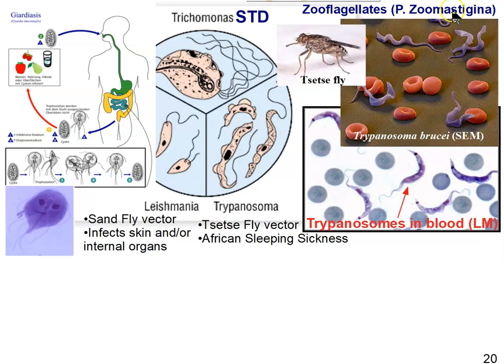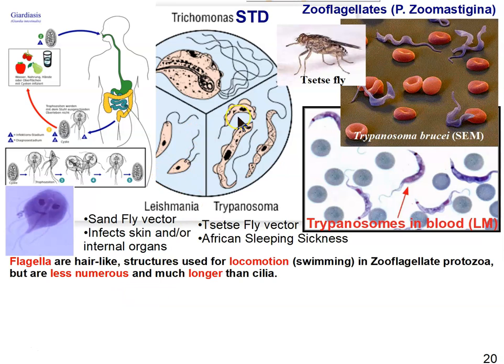So here's the phylum name, Zoomastigina, but they're commonly referred to as zooflagellates because they have flagella. And that's what you need to remember about zoomastiginids, is that their mode of locomotion is flagella, just like the mode of locomotion for the phylum Ciliophora is cilia. And cilia and flagella are closely related to each other in terms of their structure. They both have that 9+2 microtubule arrangement in their ultrastructure, but